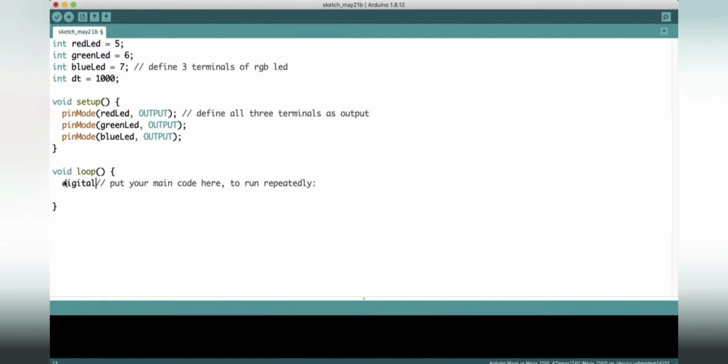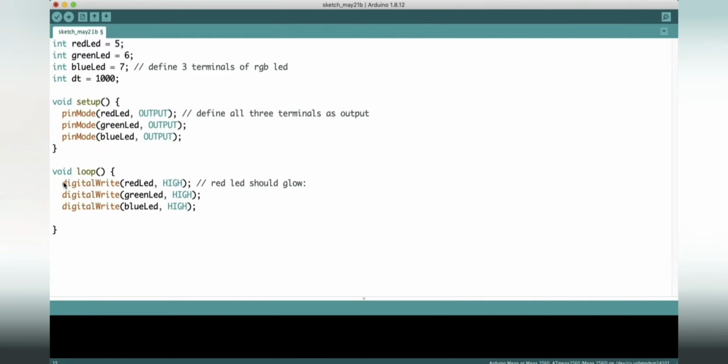Let's move to the fun part, where we will write the code for making our LEDs glow. So we will write the code for void loop. We will be making 3 cases here. In first case we will write red LED as high. So this statement indicates that red LED will glow. Then we will copy this and make green and blue LEDs low.